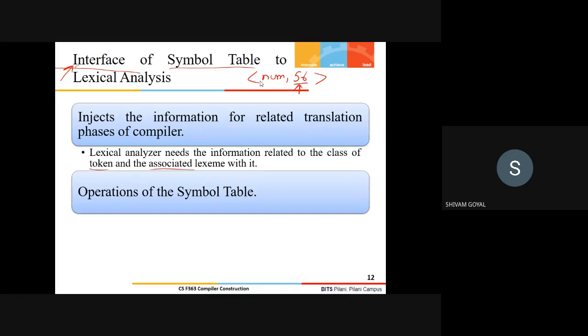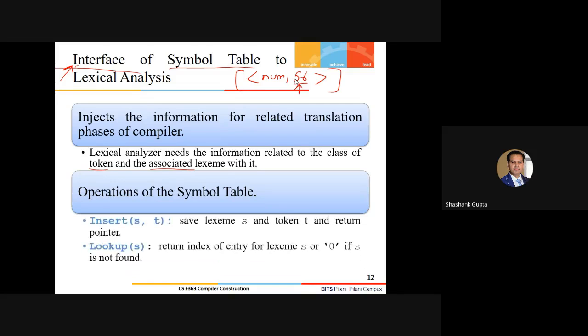Token and lexeme pair. We have already tokenized, right? I'm asking what the operation on the symbol table should be. How should the symbol table fetch this information, or how does this information need to be stored? This is a very easy question: a simple lookup into the symbol table. I just need to perform a search operation, a lookup operation, or I'll inject this information straightforwardly. My goal is done, right?